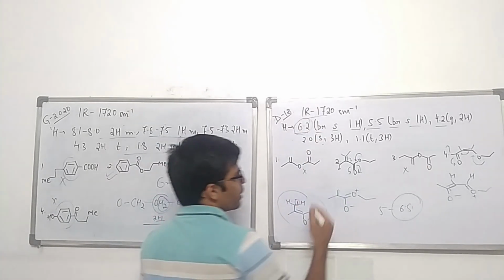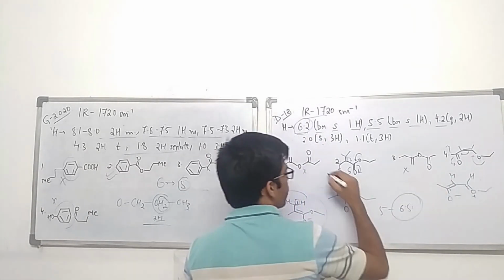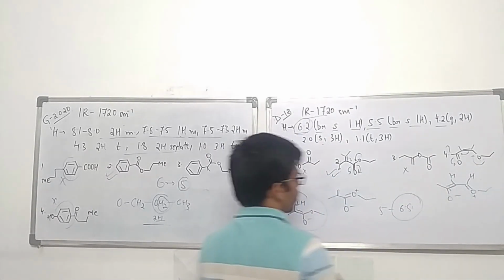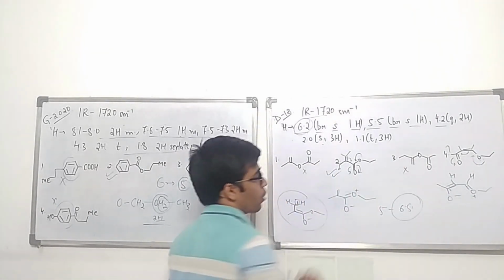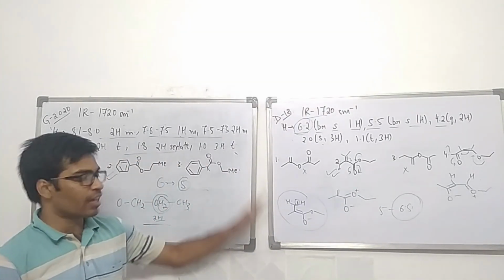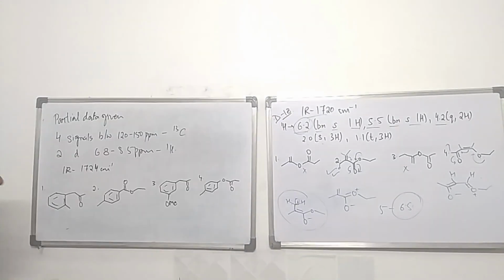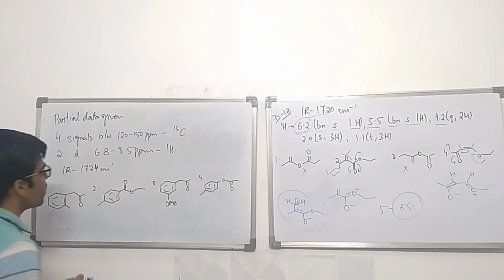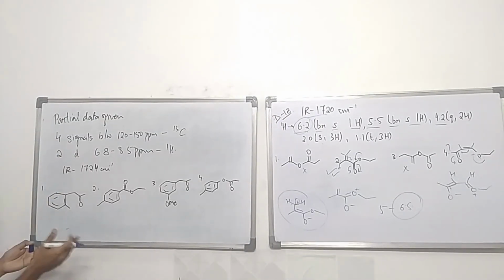Okay. So that means from these 2 structures again I can deduce that it has to be this structure, not the 4th one, because of the electronic effects. We'll see one more example to make it more clear, which again came in December 2018 only. Again this question came in December 2018 and partial data was given in the question. This is not complete data.